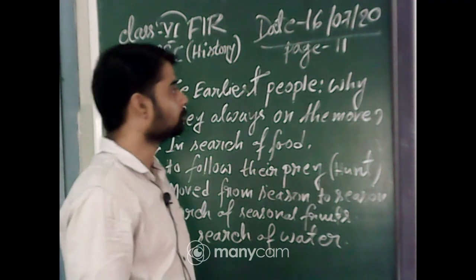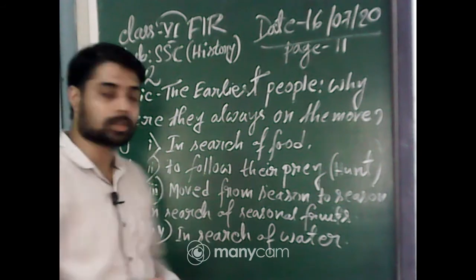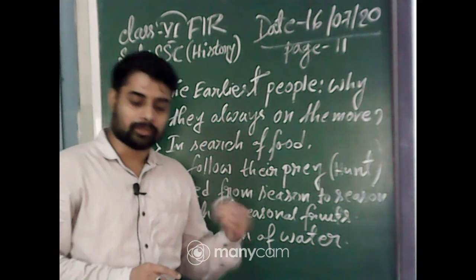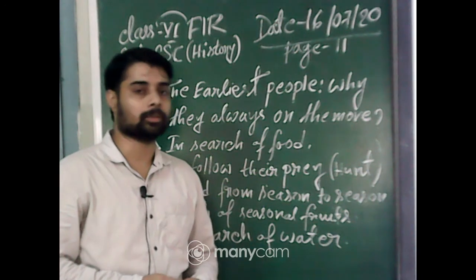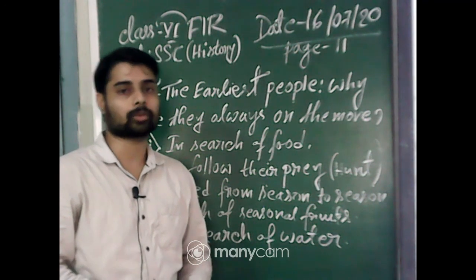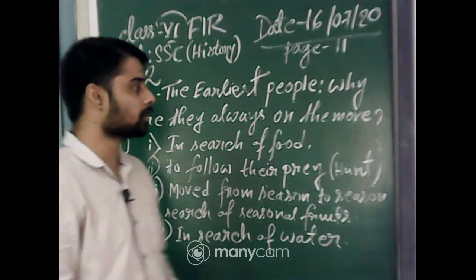Nineteen. Okay. So students, today we are going to discuss your social science history. In the previous class, we discussed the first chapter, and the name of the chapter is What, Where, When and How. Now today we are going to discuss